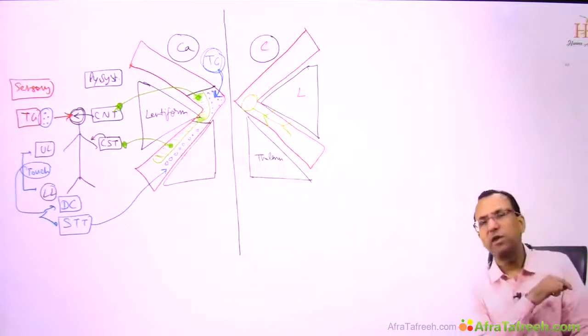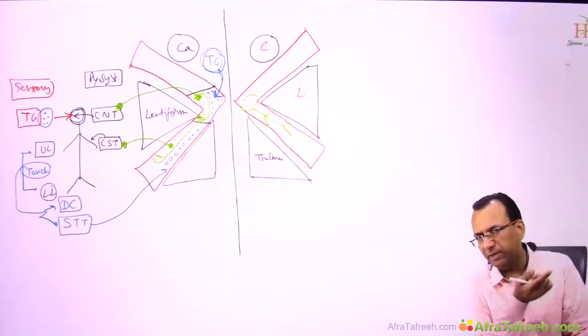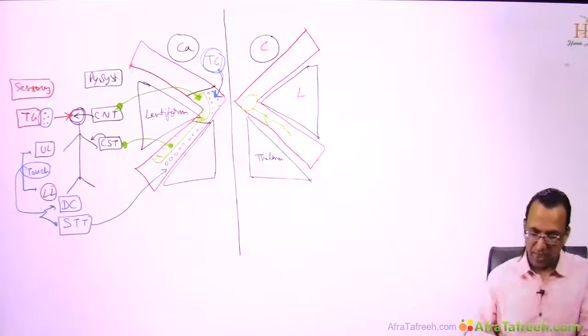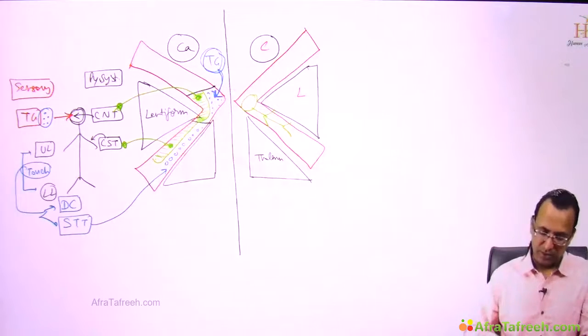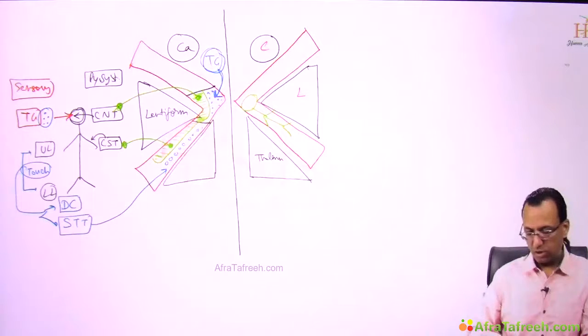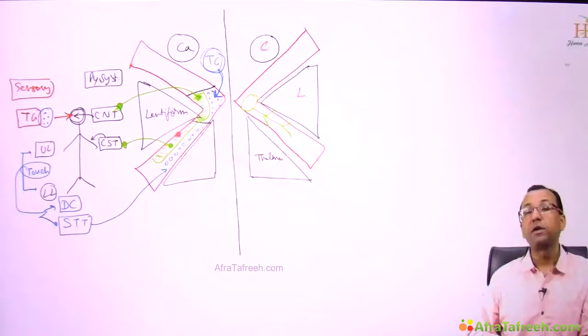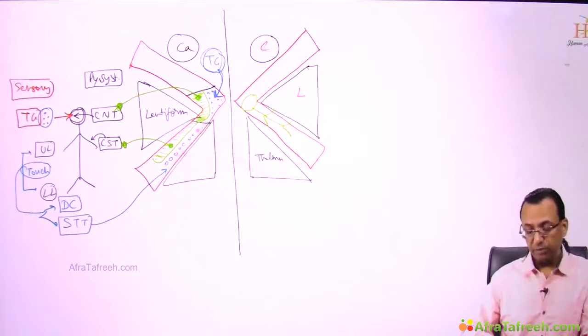What is the use of knowing all that? The use is simple. If you have ischemia in the genu, where is the sensory motor loss? On the face. And what if you have ischemia in the posterior limb? Where is the sensory motor loss? On the upper limb, lower limb. And what if the ischemia is more lateral? Only a motor problem. If the ischemia is more medial, only a sensory problem. That is the clinical application.